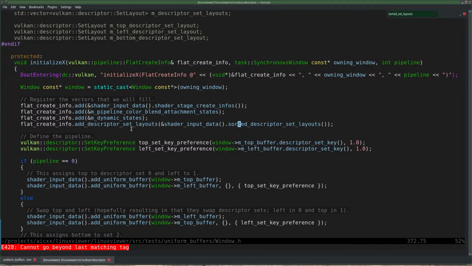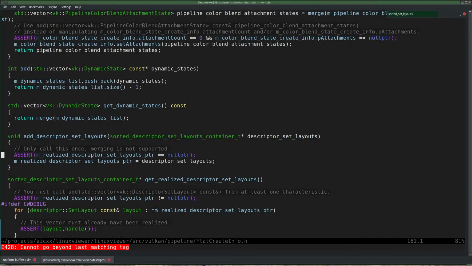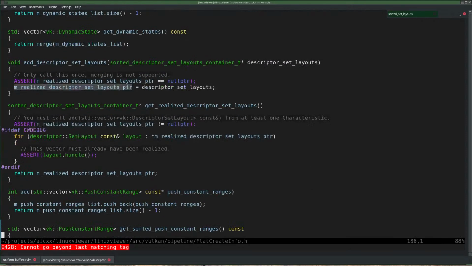A pointer thereof is then passed to add descriptor set layouts, which stores it in the flat create info in this member here, which then is returned by get realized descriptor set layouts,